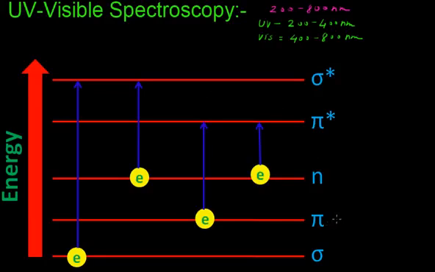Here, sigma as well as pi are bonding molecular orbitals, and n stands for the non-bonding electrons,